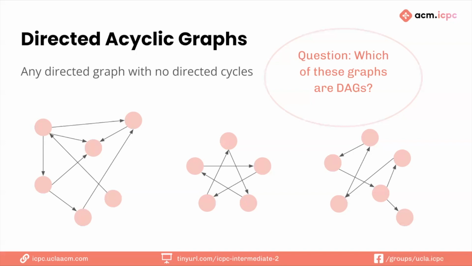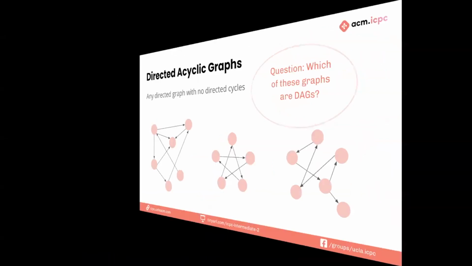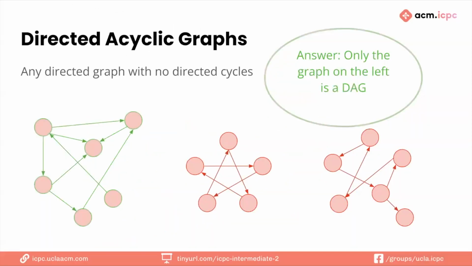But the left one is your directed acyclic graph. And again, a directed acyclic graph has no cycles. As you can see here, it takes a while to check if a directed acyclic graph doesn't have cycles, because you have to go through every possible iteration. It's a lot easier to check if a graph is not acyclic, because you just need to find a cycle. It's harder to prove that a graph is acyclic by hand,